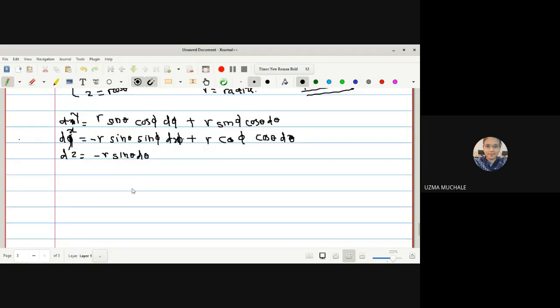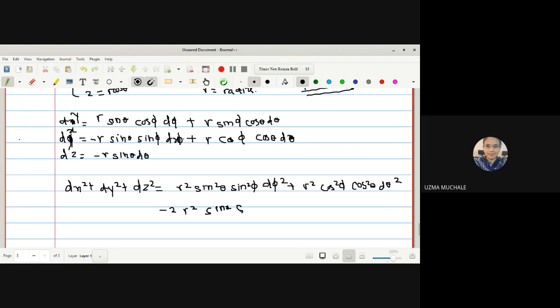Now squaring them and adding, we get dx square plus dy square plus dz square. It is equal to, yes, what will we get? What is the value of dx square? R square sine square theta sine square phi d phi square. Right? Plus next r square cos square phi cos square theta d theta square. Right. Now as it is a minus, I can say minus 2 times r square and the value of all those terms, sine theta, sine phi,